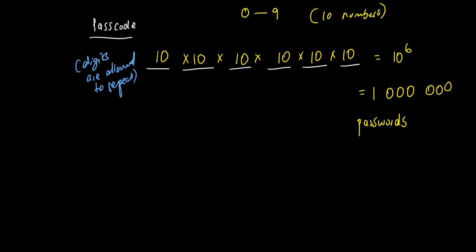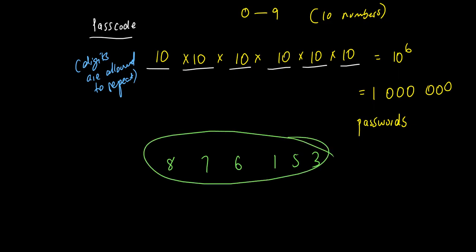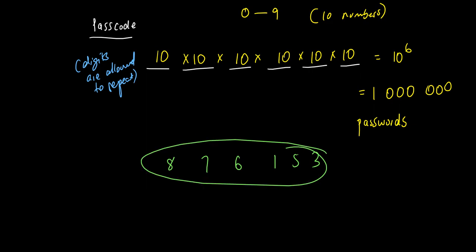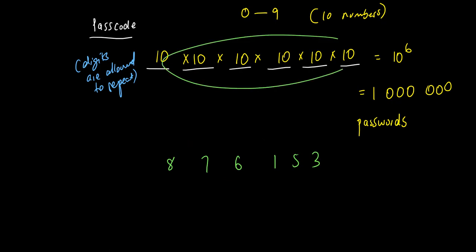For example, you can only choose something like 876153, and then you are not allowed to repeat. You see here there are no repeating digits. So how do we know how many passwords are there like this, whereby there are no numbers that are repeating? Because these ones, guys, the 1 million passwords, remember, it could be a password like